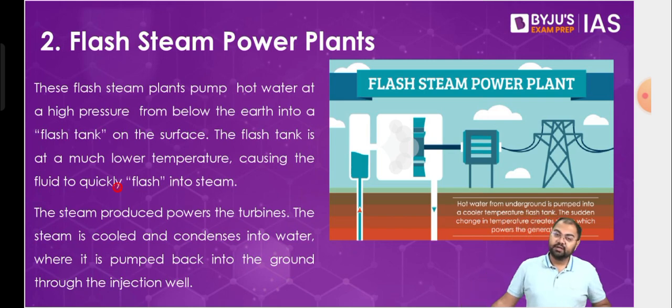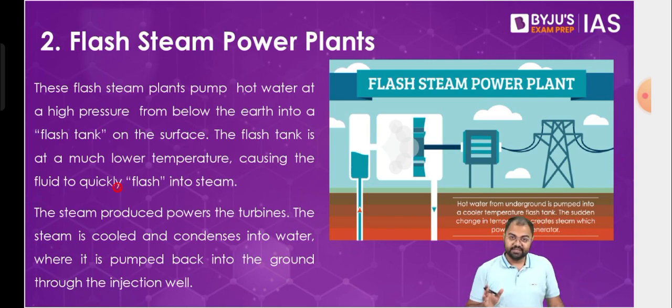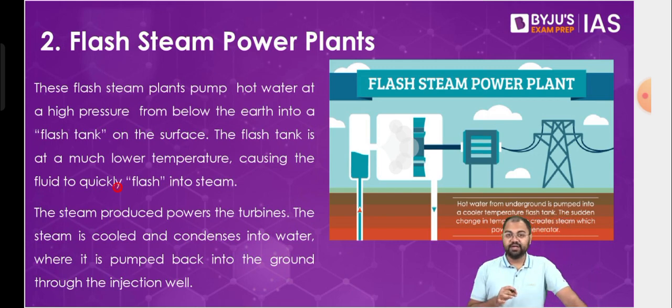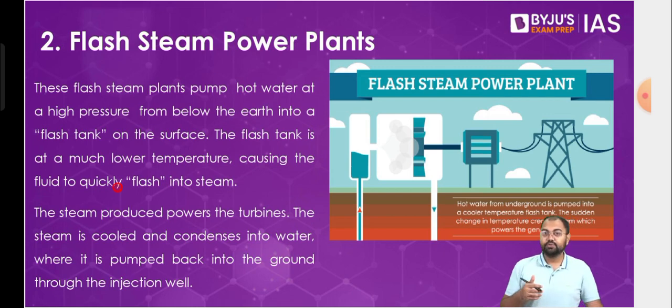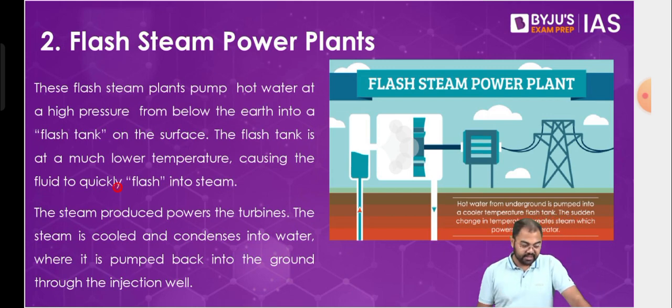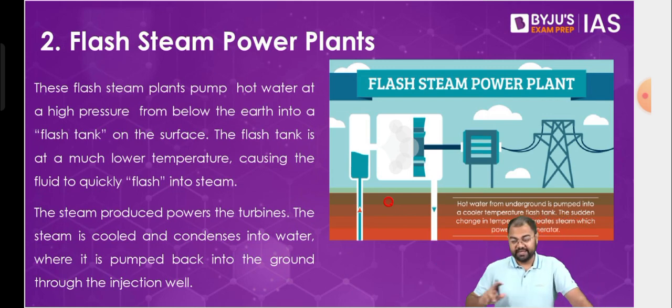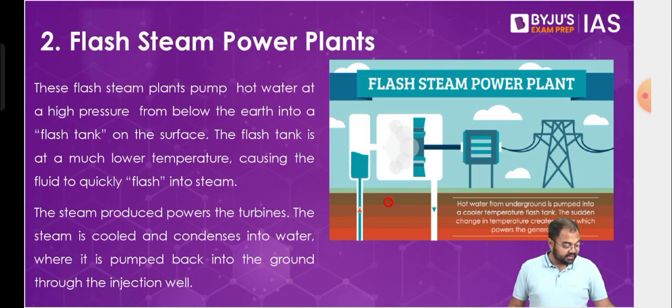Now, when it comes to a flash steam power plant, there is a slight difference in its working, and this difference is able to provide better efficiency. Compared to a dry steam power plant, a flash steam power plant is able to provide better efficiency in electricity generation. Now in this scenario, instead of this steam directly coming to the surface, or directly going to the turbine, there's a slight difference here